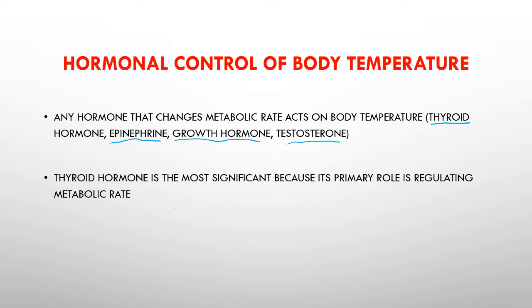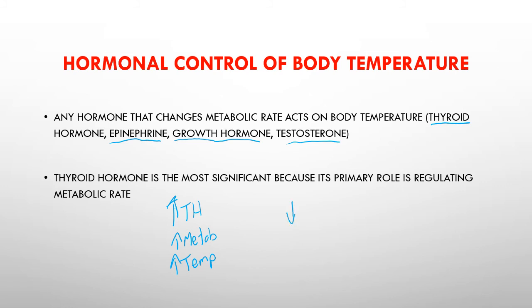And so if thyroid hormone is elevated, we're going to have an increase in metabolism, and by that, an increase in temperature. Somebody who is hyperthyroid is typically going to have a high metabolism. They're oftentimes going to be thin. Somebody who is hyperthyroid is oftentimes going to be warm. They can't cool off in a sense. Everybody else is comfortable, but they're sweating. Their metabolism is just running and running and running.